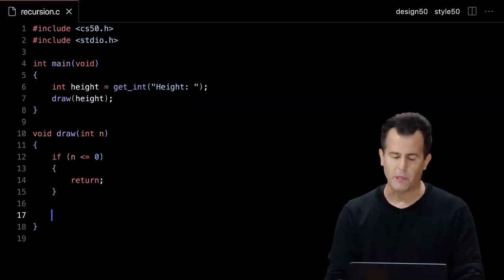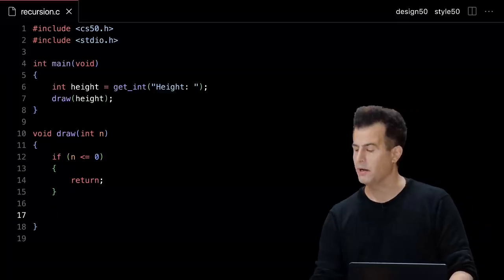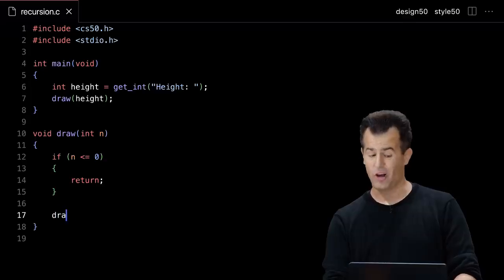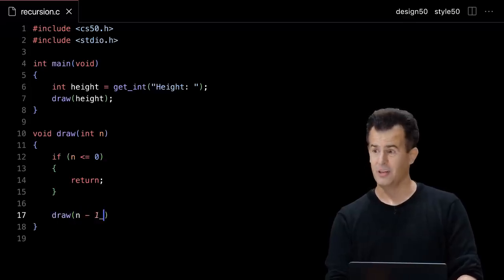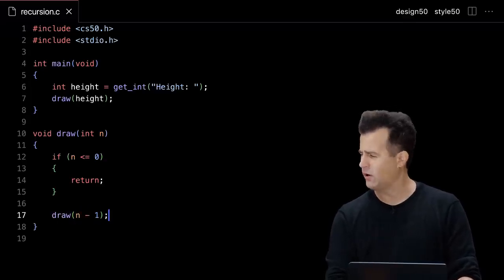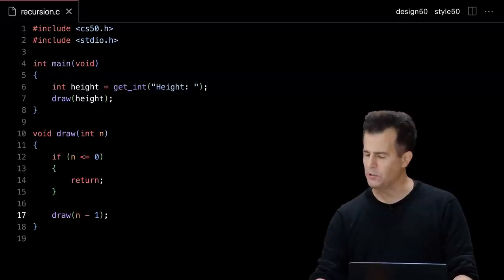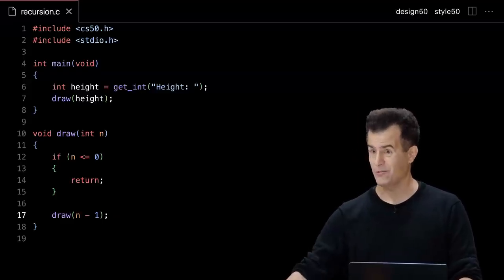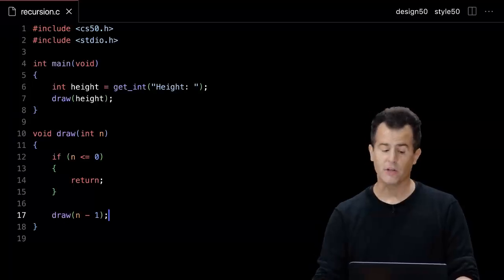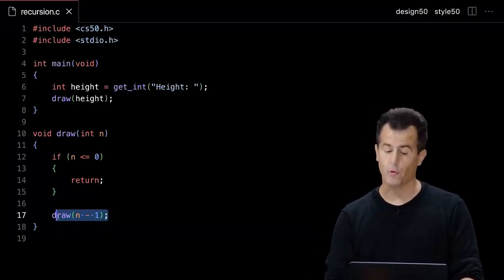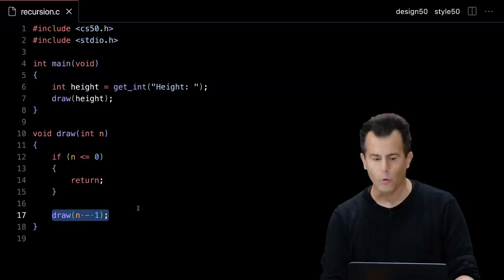How now do I print a pyramid of height n according to my logic from earlier? What would you have me print first as a pyramid of height n? Again, it's kind of circular logic, but how can I print a pyramid of height n? I think I can draw a pyramid of height n minus 1, right? Which doesn't even seem logical because I haven't even solved the problem yet, it would seem. But if you believe me that a pyramid of height 4 is really just a pyramid of height 3 plus one more row, that is what I've expressed thus far. Print a pyramid of height 3, but now I have to print one more row. Well, the one more row is actually trivial.